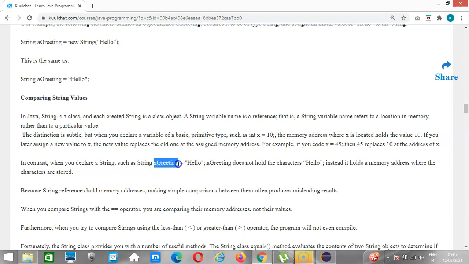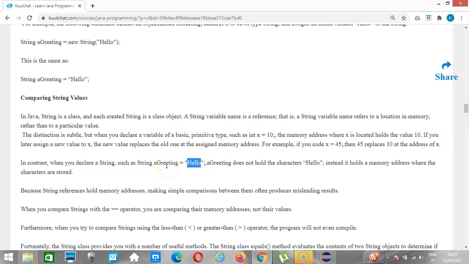It is a memory address which maps to where we can find the hello value. So if you are comparing, it's like you are comparing the memory addresses, which will not be the same,